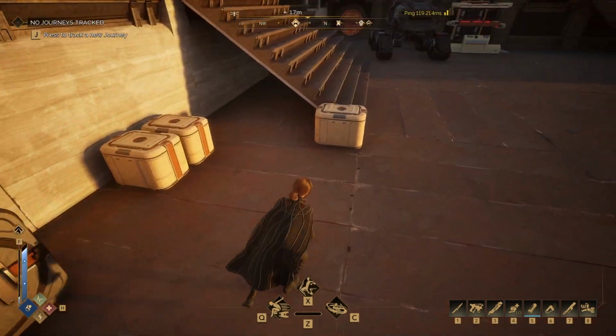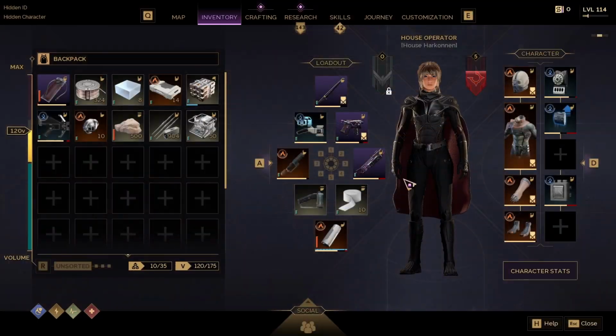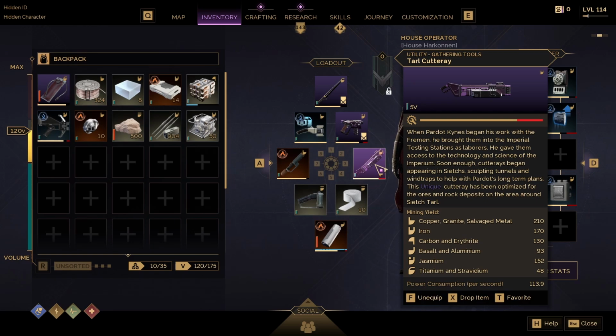If you run both of those, the chest at the end has a chance to spawn the recipe for the tile cut array. Now the main reason you want this one is because you don't have to go to the deep desert, and you can already mine the 2 end game materials, which is titanium and stravidium. You only get 48 of each, so it's not the most